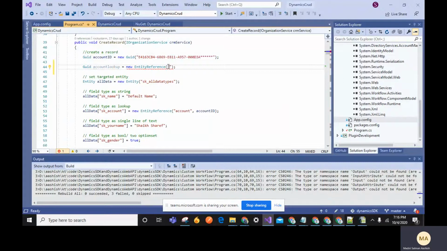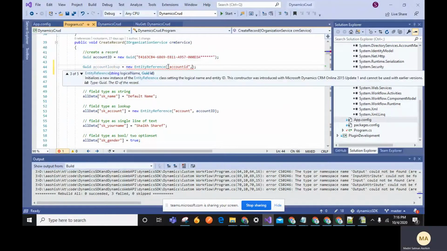First give the lookup name, which is the account ID, and we need to give the GUID.